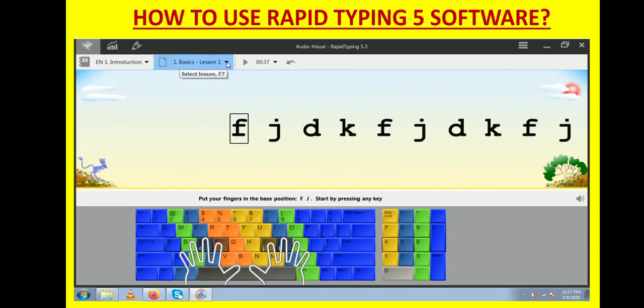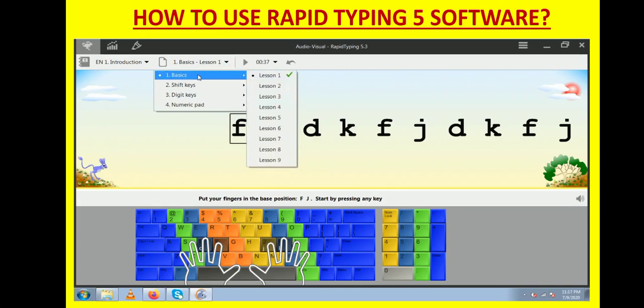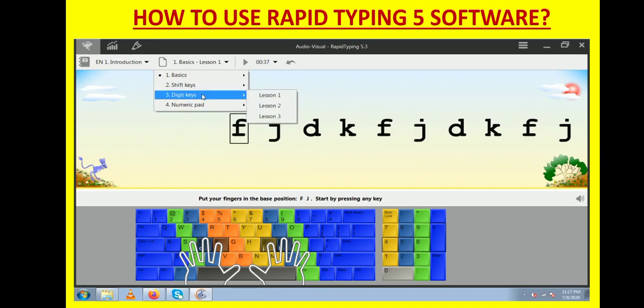On the right hand side, you will see the different lessons in this category. Again, these lessons are organized as basic, shift keys, digit keys, and numeric pad.